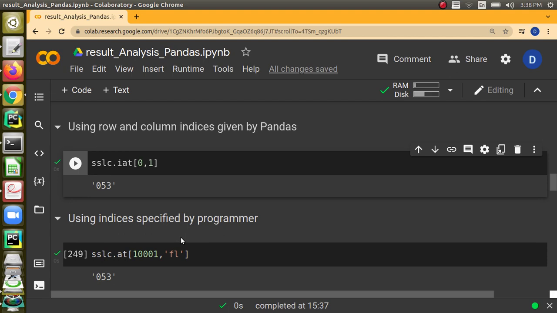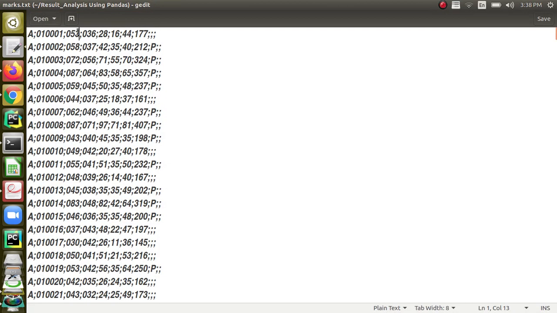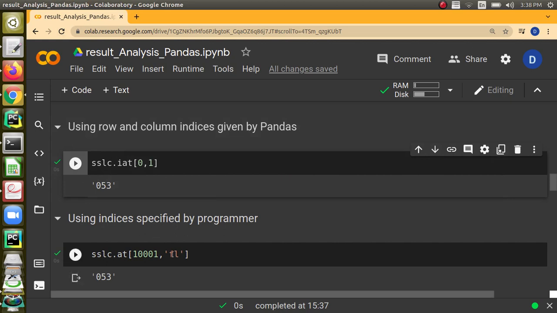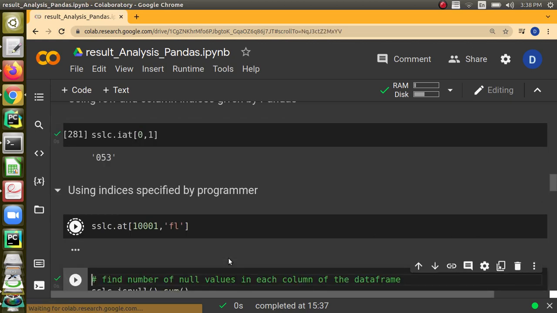As a programmer, we have given the column names as FL, SL, roll underscore number and so on, and I have given the indexing as the roll number. If I want to use those to refer to a particular data, then I have to use the at function. So to the same mark, I can refer as 10,001 comma FL. This will also give me the same mark.